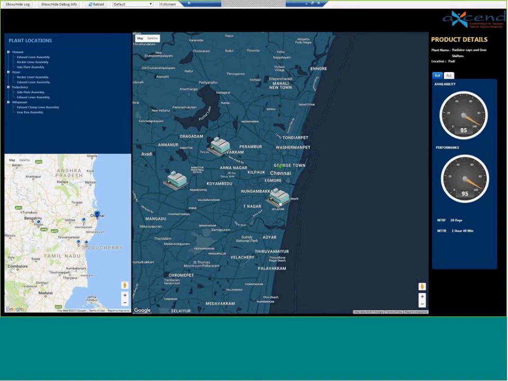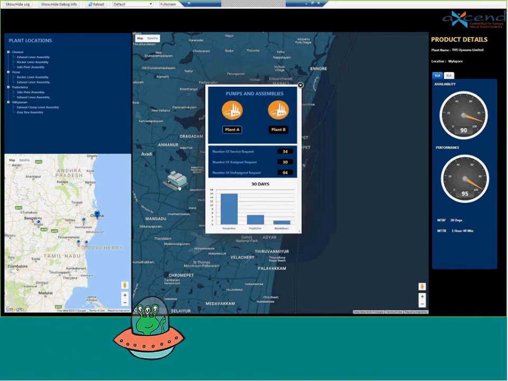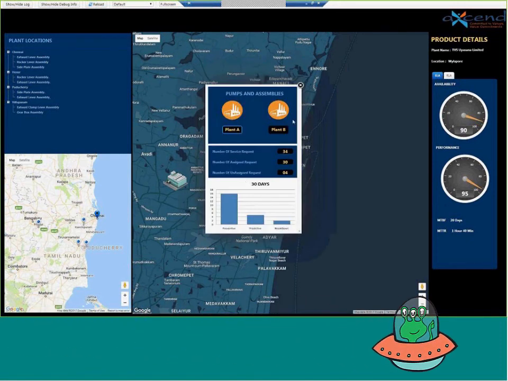So I can go ahead and check the availability across the different plants. Now that we know that there is a problem with this particular plant and the availability is pretty low, I'll be able to drill down into this plant and get into my line and get into my machines here. This gives a very high-level snapshot of